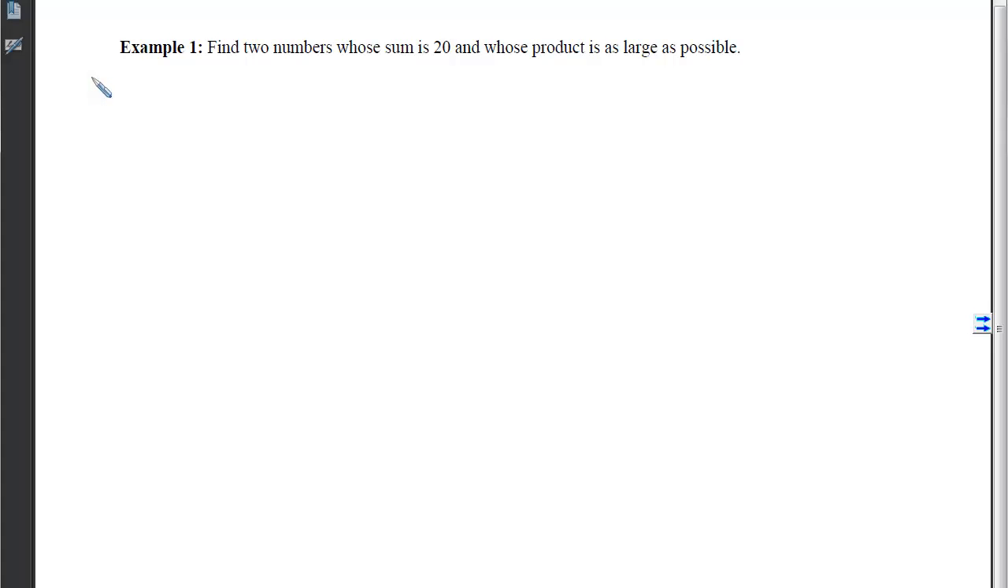So with example 1, we want to find 2 numbers whose sum is 20 and whose product is as large as possible. So our first step is to read it carefully and understand what is given and what is wanted. So we're given 2 numbers whose sum is 20, and we want the product of those numbers to be as big as possible. Step 2 of that process is now we want to come up with a model,